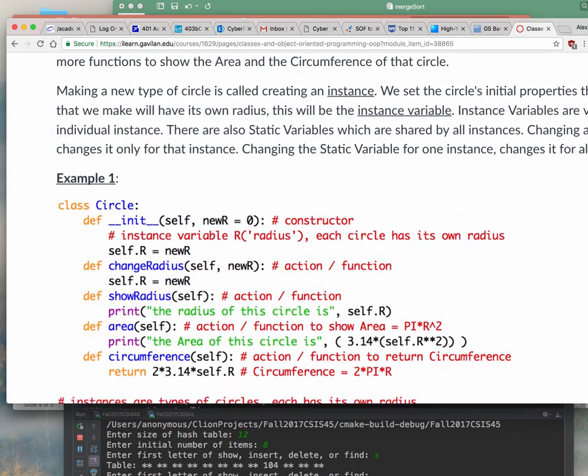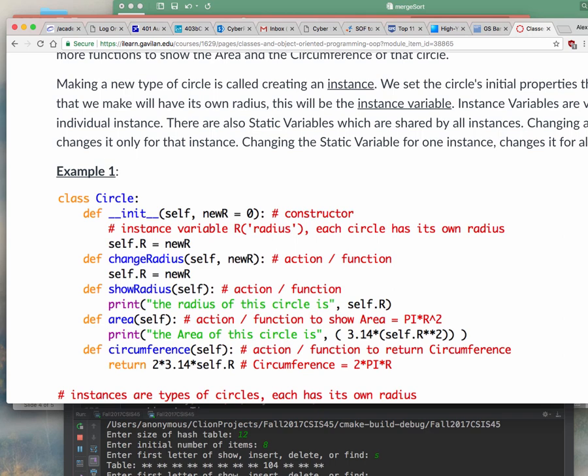All right. So here's for example a class called Circle. The way we are going to create models or templates for objects is using classes. So the class is a template for an object. And again, what is an object? Some real world thing like a circle, for example, right?